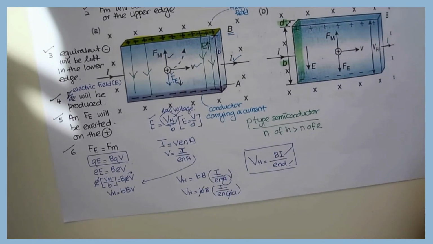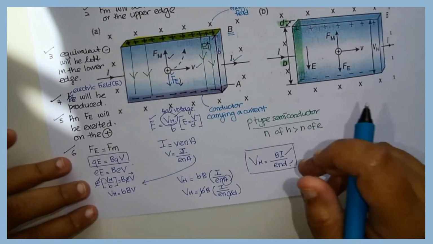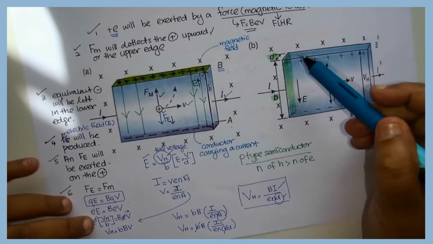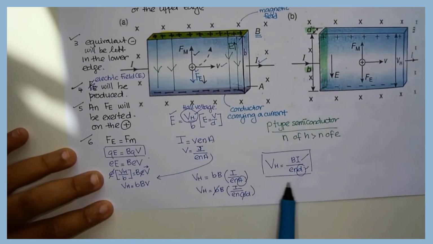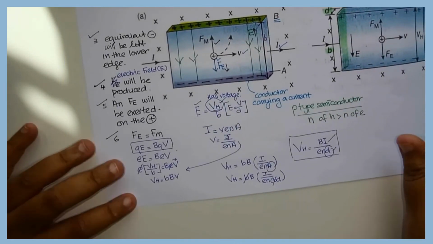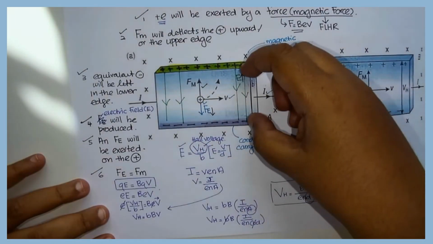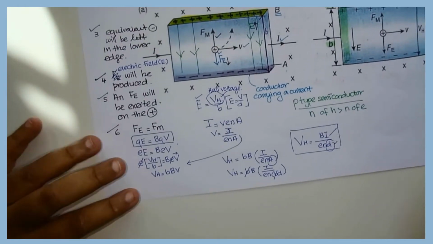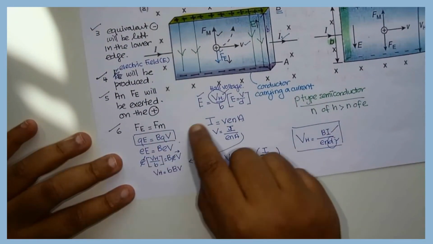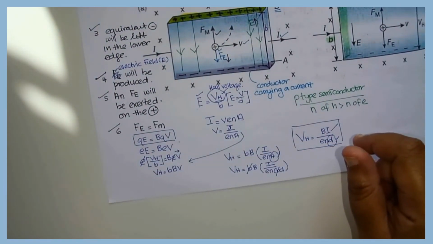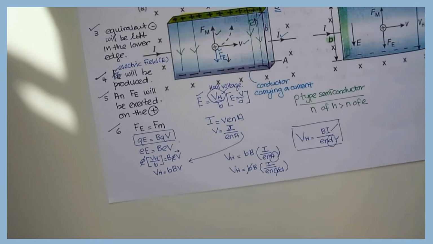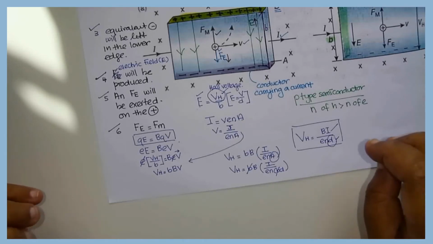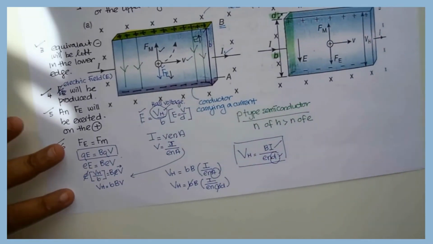You have to be very careful with the Hall voltage and the formula. You must understand why there is a d here. There's a d because of the interpretation, that's why you have a d. But actually by concept, what is of concern here is the b. So when you actually understand the concept, you will start from the beginning when you solve a Hall voltage. In the past years' questions, they want you to really understand the concept. It's not so much about the formula.